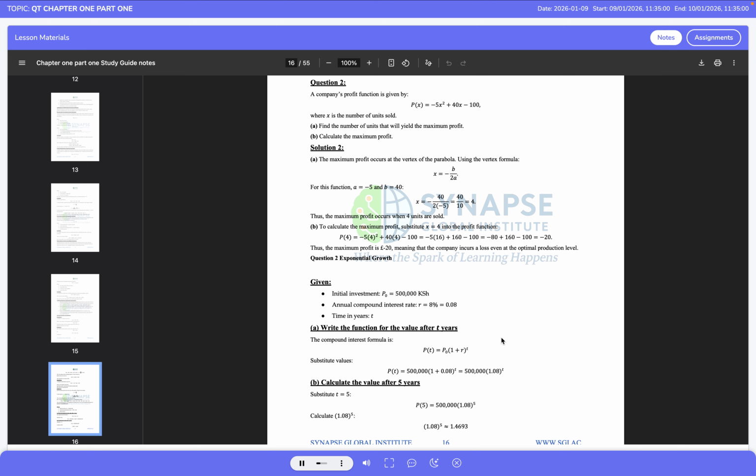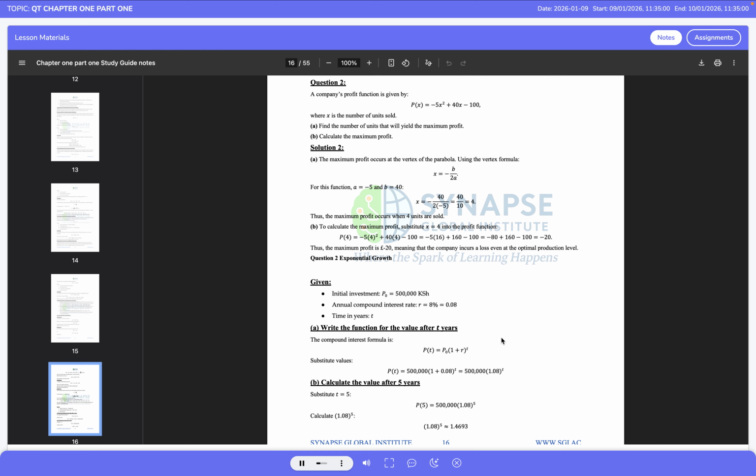We then consider exponential growth using compound interest. Given an initial investment of 500,000 shillings, an annual compound interest rate of 8%, and time measured in years, the value after t years is given by P(t) = 500,000 × (1 + 0.08)^t. After 5 years, P(5) = 500,000 × 1.08^5, which is approximately